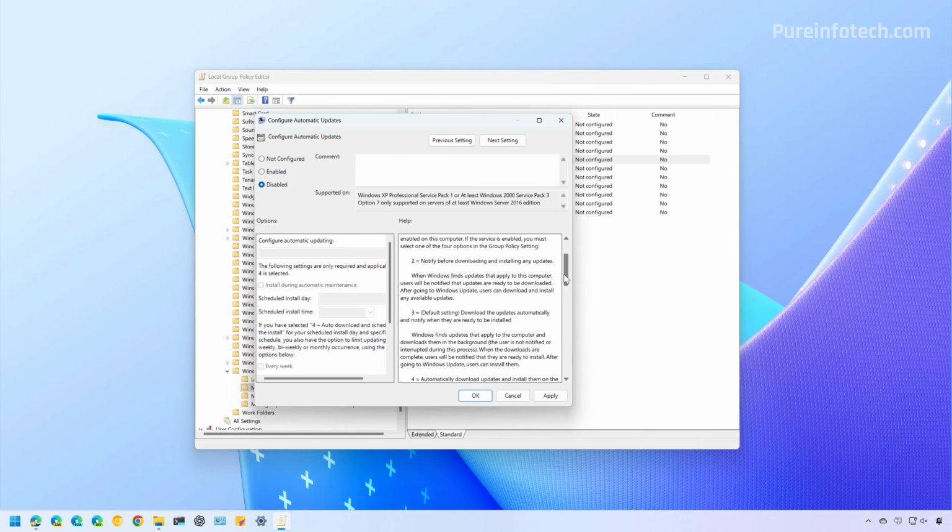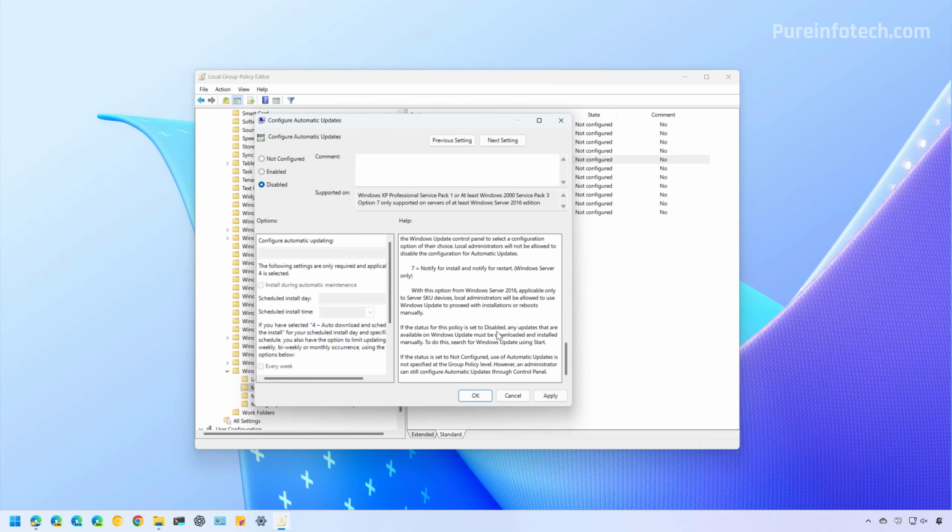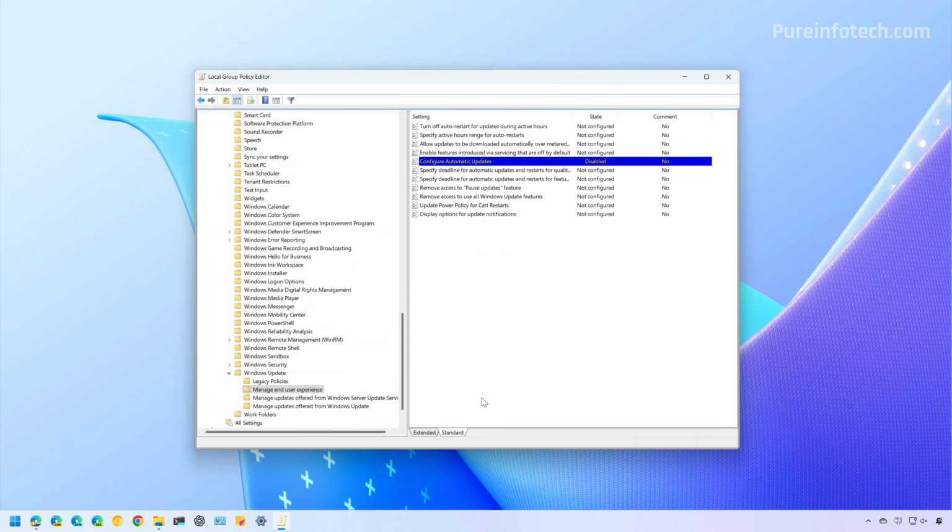And as you can see, according to the policy, if this policy is disabled, any updates that are available on Windows Update must be downloaded and installed manually. So basically, this option will disable automatic updates permanently on your computer. So to apply the settings, just click Apply and click OK. However,